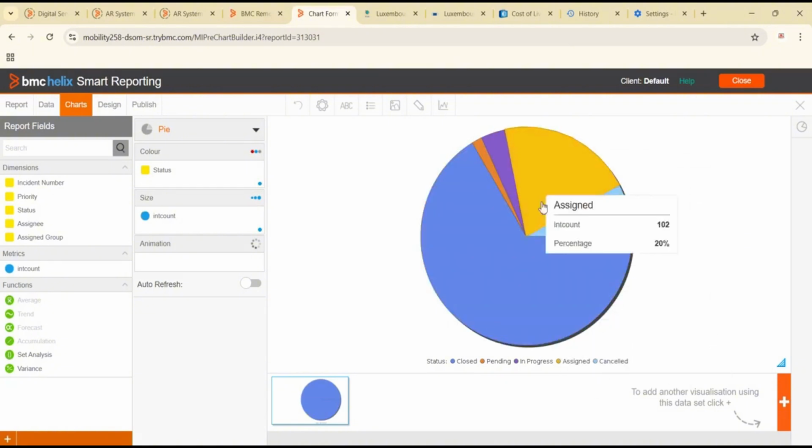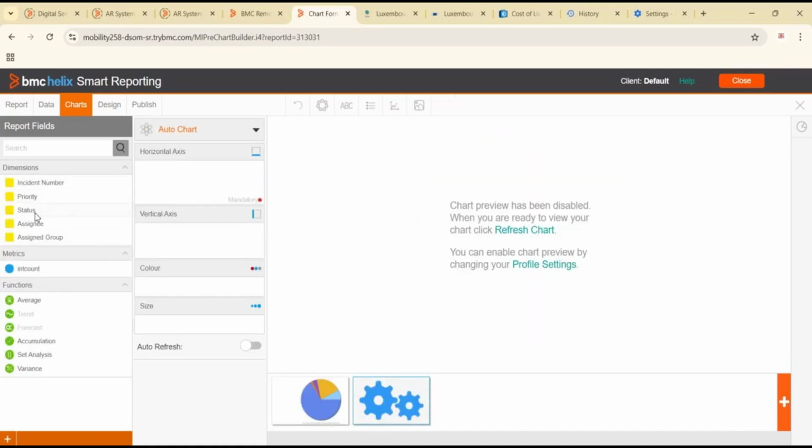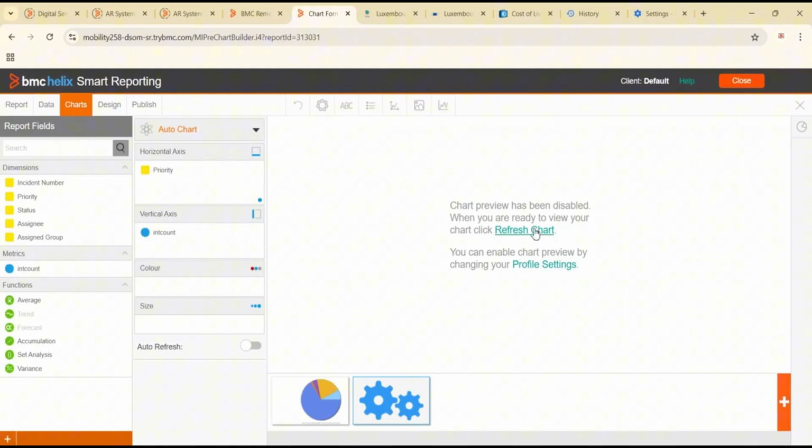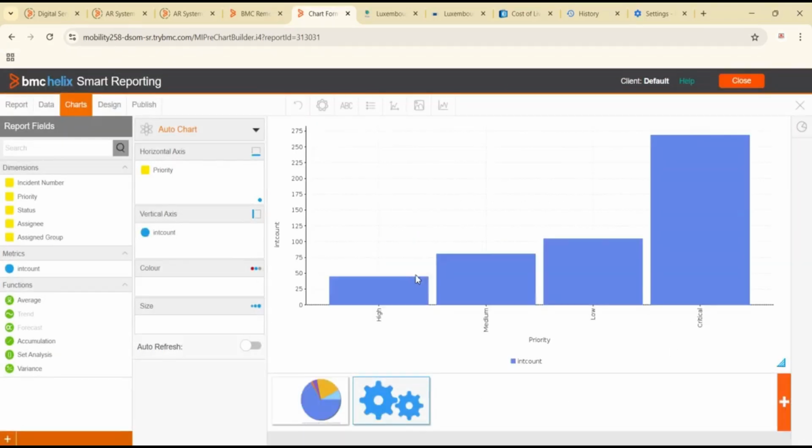If you move it here, it will give you something else. Now you can also, if you want, add another visualization here. You can add one more based on the priority. So I will do it based on the priority. Okay, I'll refresh it. See here, it was an auto chart, so it selected this. But if you want a pie chart, you can go here and change it, but we'll keep it